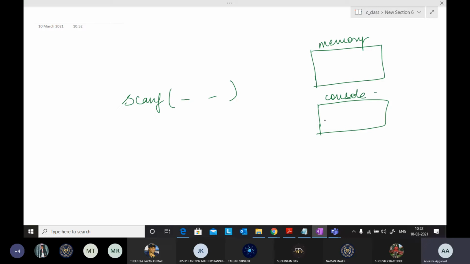As soon as I write XYZ, it will write XYZ to the memory, in the variable E: in E dot name, E dot age 20, E dot salary 1000. So scanf will write whatever a user has written on the console to the main memory, over here.